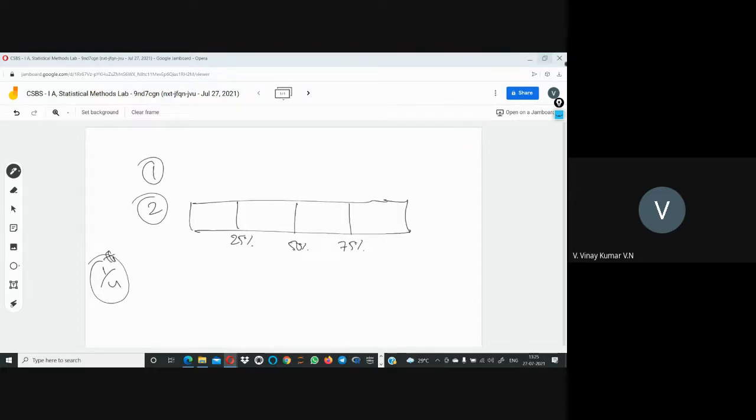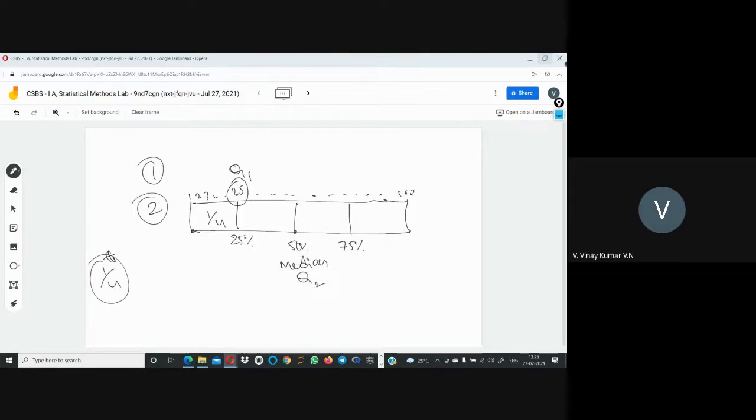If suppose the data points are the numbers 1 to 100, so these are 1, 2, 3, 4 like that. We have 100 numbers. In these 100 numbers, the 25th part, the value at 25, is your quartile one. So the first 25% we take as the first quarter. Then from 1 to 50% is nothing but the median. 50% is nothing but the median. The median is the middlemost value of the given data. That median we also call the second quartile.